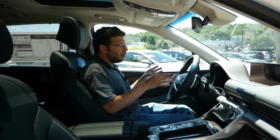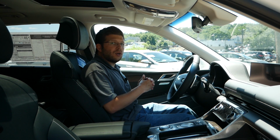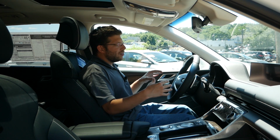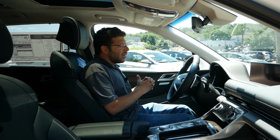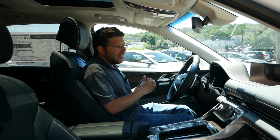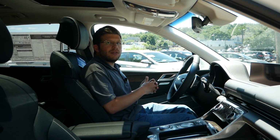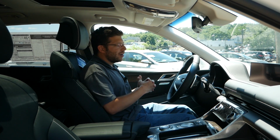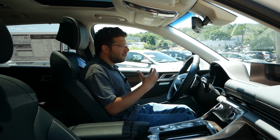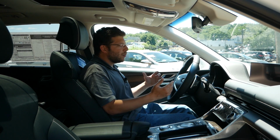Now, this would be very comparable to the Volvo XC90, and Genesis is on their way to taking market share from Volvo. And even though journalists have said that Genesis is really focusing on a niche market, I wouldn't read too much into that, just because I think the Genesis GV80 is exactly what consumers in the price range around $60,000 are looking for. You want to make a bold appearance as you're driving by down city streets. You want to have that level of sophistication and class without paying over $100,000,